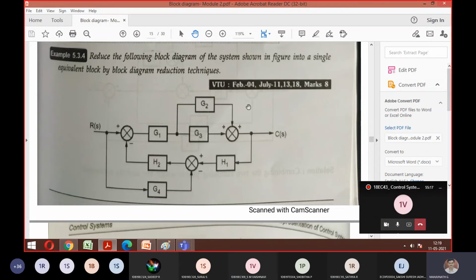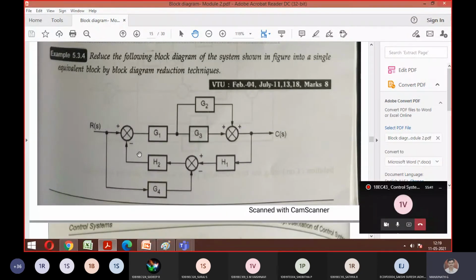So this complete elimination has happened. I got only one block called G2 plus G3. So how is it with respect to G1 now? Cascade. Yes, that's it. You got 2 steps. Step number 1, parallel, you're done. Step number 2, cascade with this. Is it okay? Then this complete thing changes to just one block.